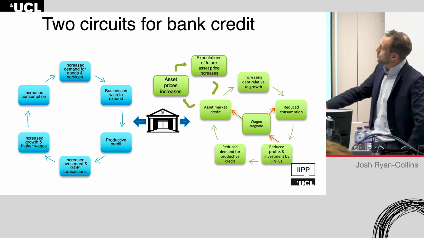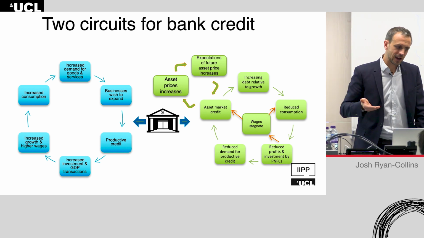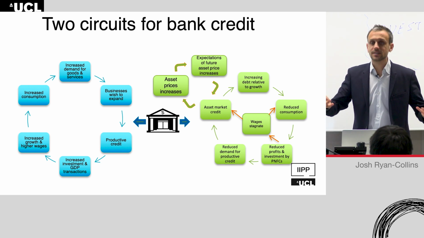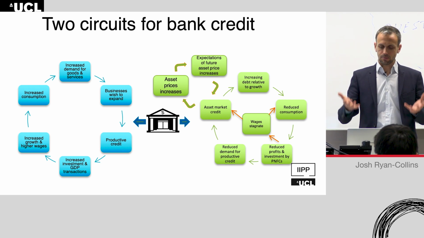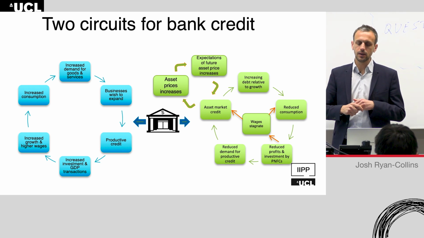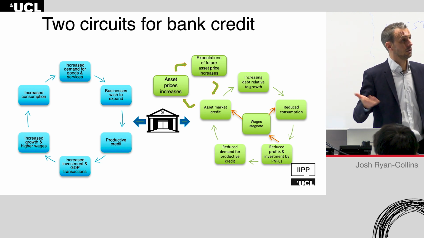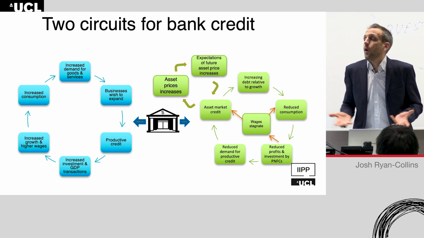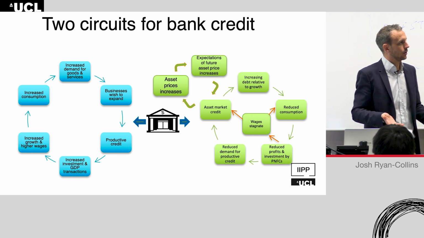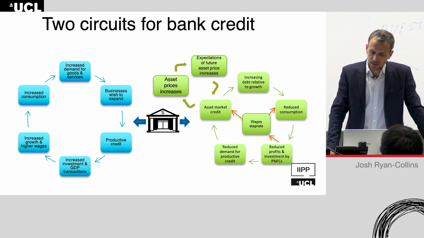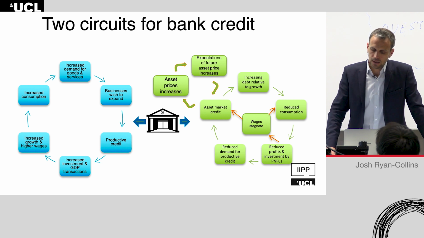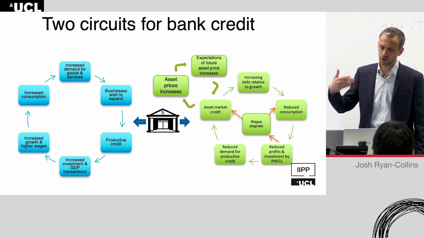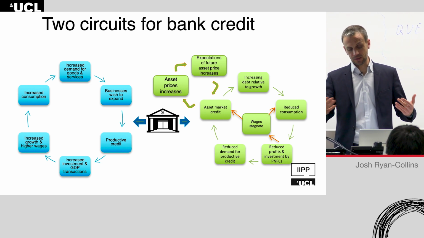But there's a sort of secondary, more negative circuit from increase in asset market credit, which is an increase in debt relative to the growth of the economy. Asset prices rise, your house price goes up. You need bigger loans in order to buy a house, and thus you're paying more interest, and eventually that is going to weigh down on your ability to buy stuff in the economy as the debt-to-income ratio increases. This leads to reduced consumption, meaning there's less money flowing to firms, meaning there's less demand for